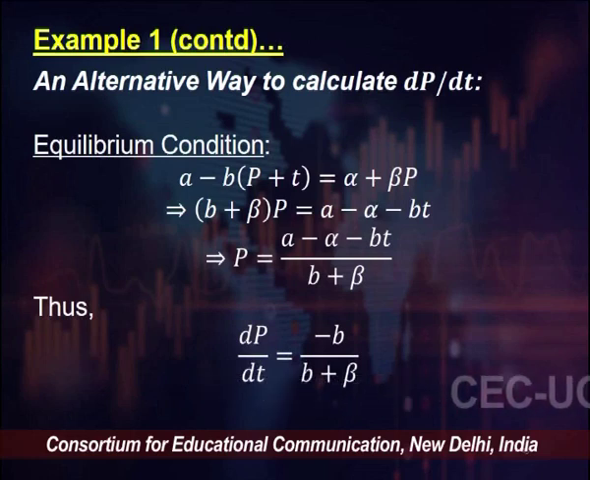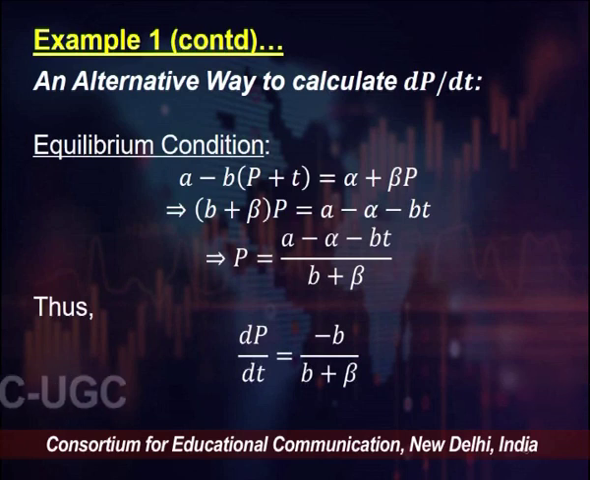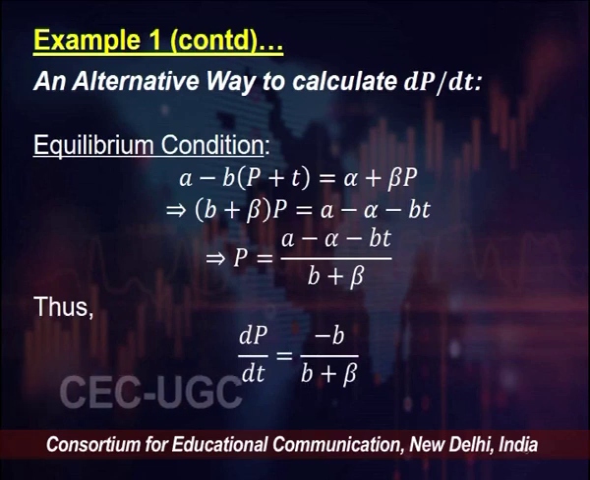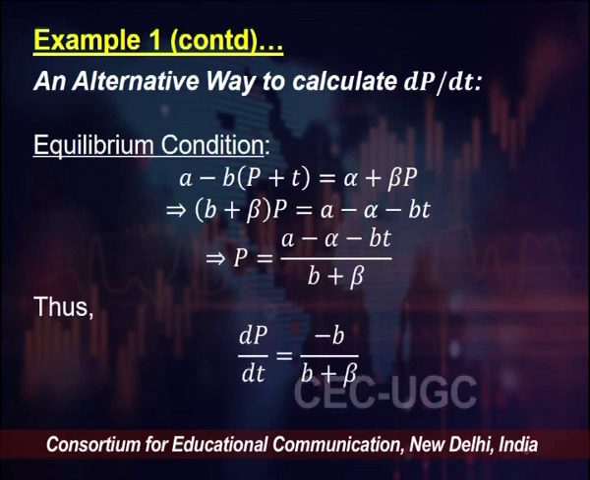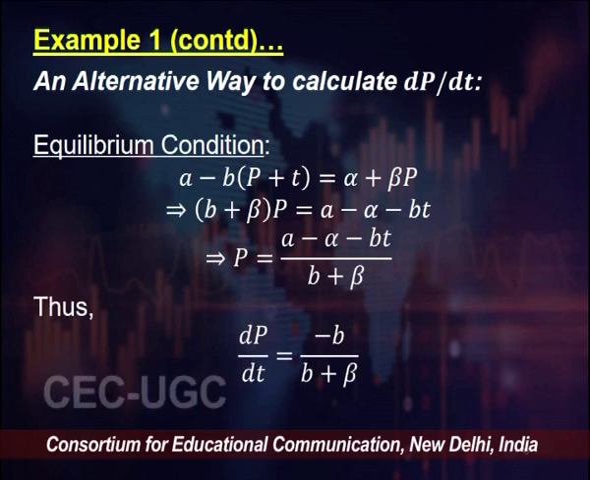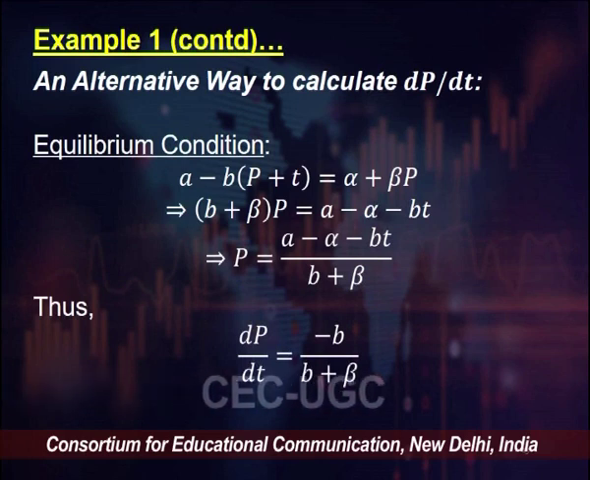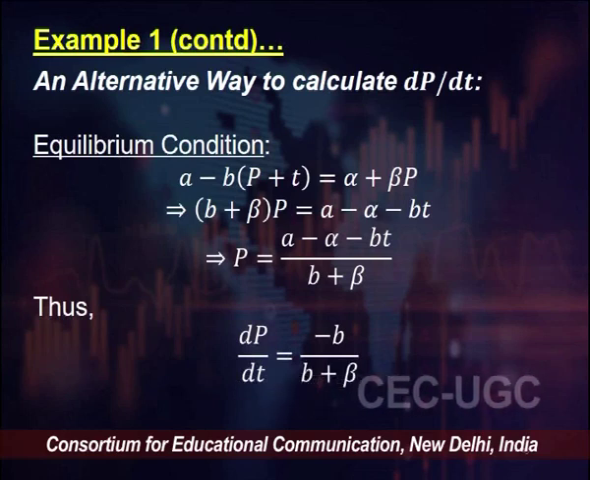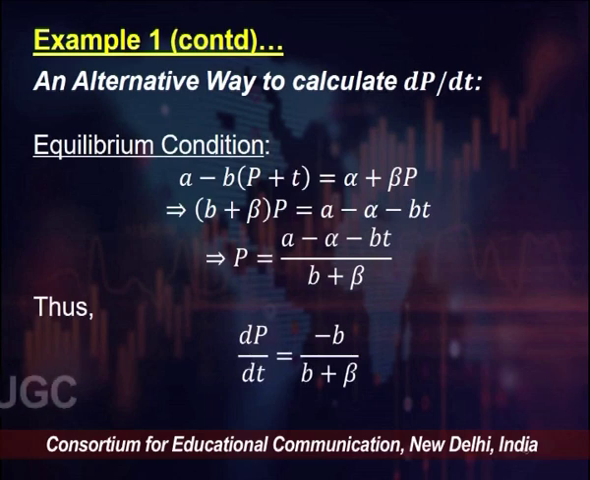And here it does perhaps look easier to first explicitly solve for P and then calculate dP by dt, but then things are not always this straightforward. And the whole point of implicit differentiation, if you go back to the previous video, which was an introductory lecture on implicit differentiation, the whole point is that there are some situations where you can't explicitly solve for a